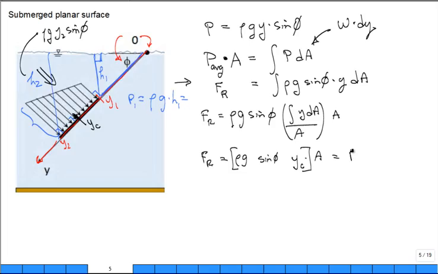It's equal to some average pressure. It's average pressure times the area. That's all the average pressure. So the average pressure is the pressure evaluated at the centroid of the area. That's what it is. It's the pressure evaluated at the centroid of the area. Now that we know the magnitude,